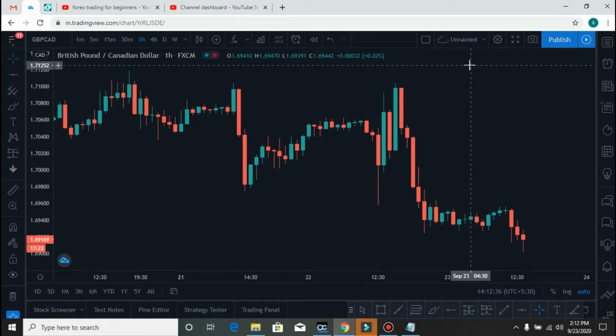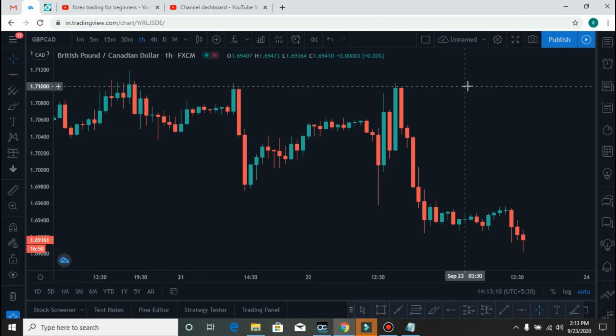I really don't know how people are thinking that the forex market is so hard, but I really think forex is so easy. But you have to understand the chart and you have to understand the strategy. This strategy is very simple. The strategy is called the quick profit strategy, and let me show you how exactly it works, how easily you can find a trade, and how easily you can make a profit in the forex market.